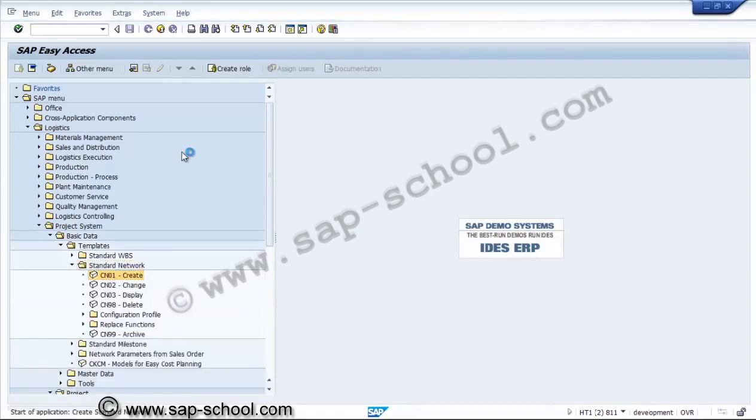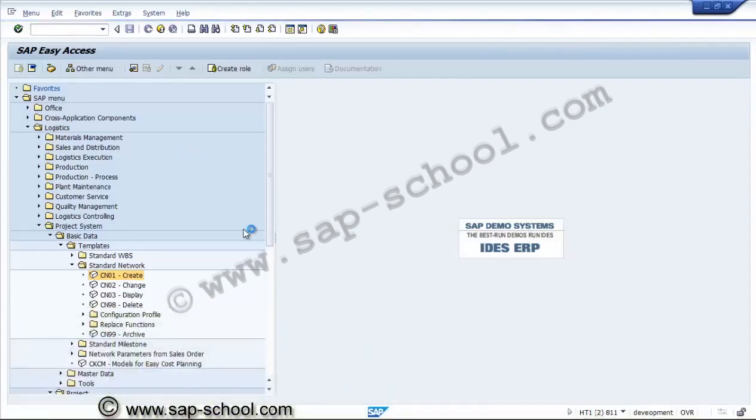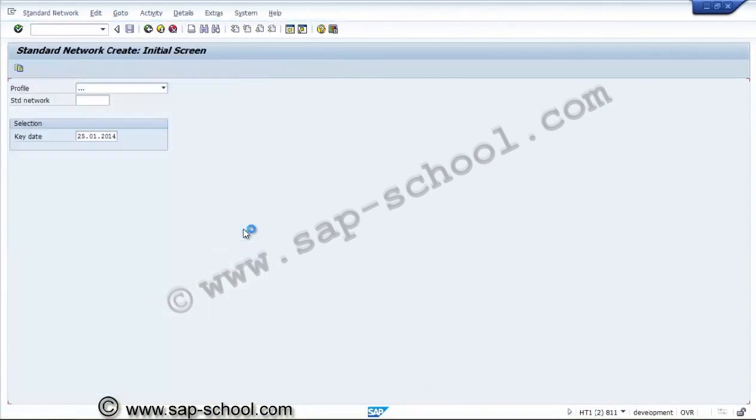Here we'll use the profile, the standard profile we can use, and we have to give the standard network number.